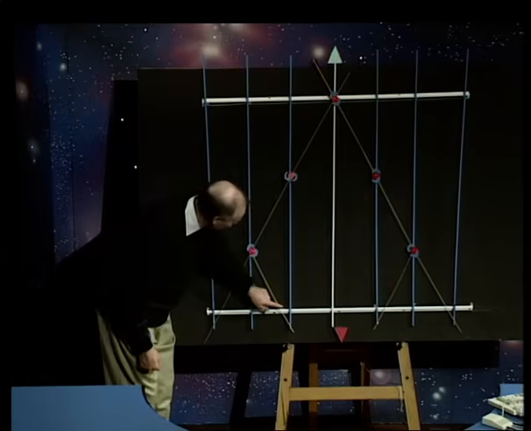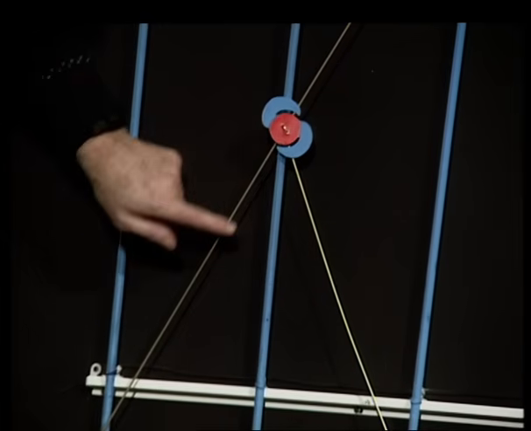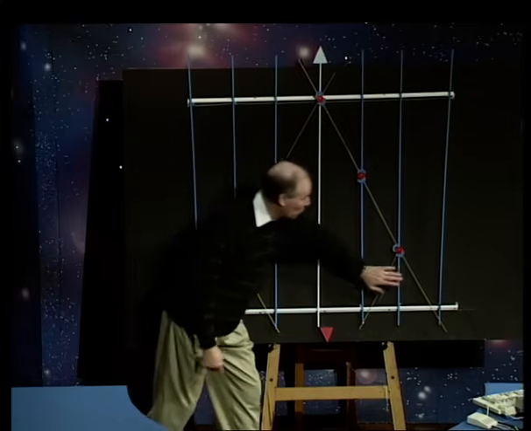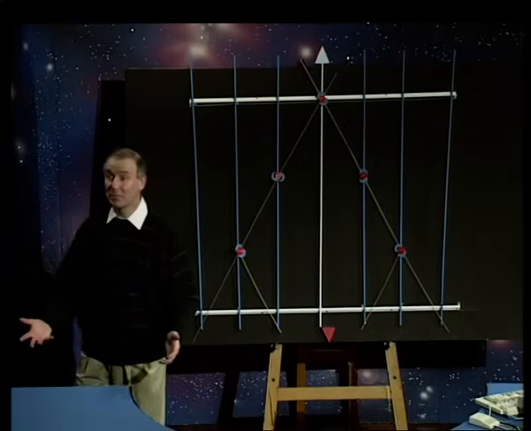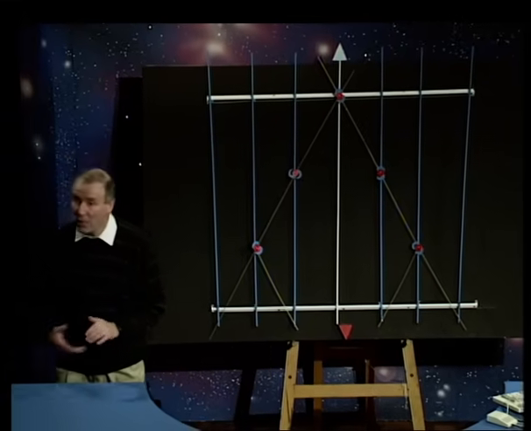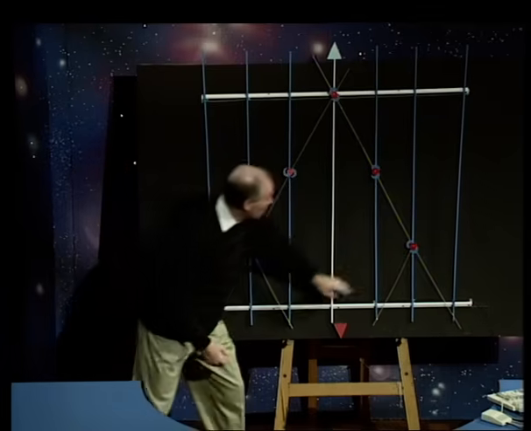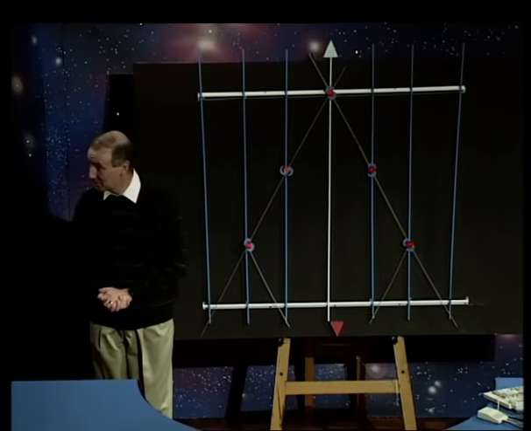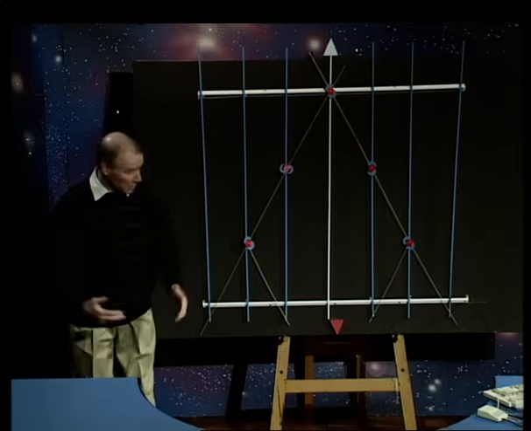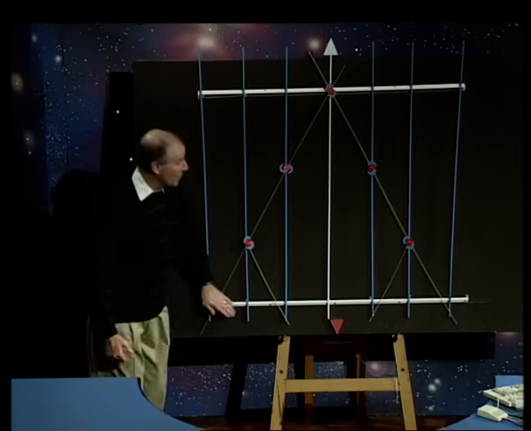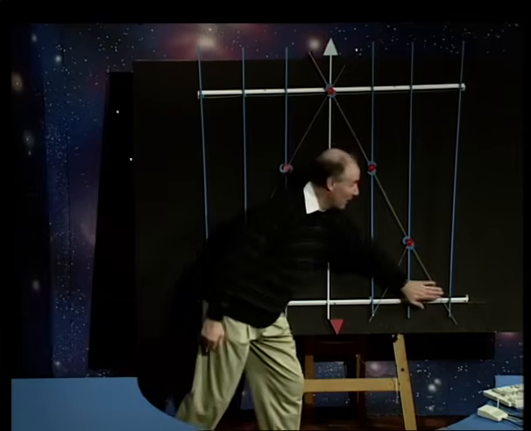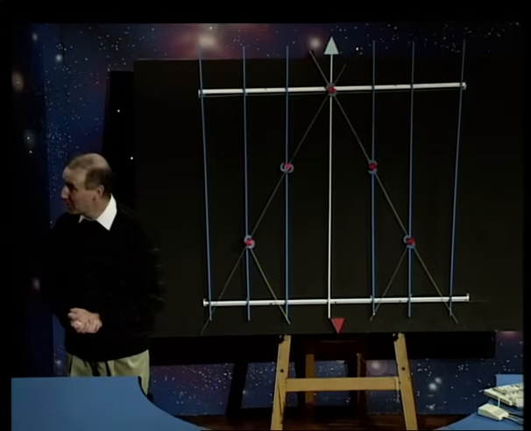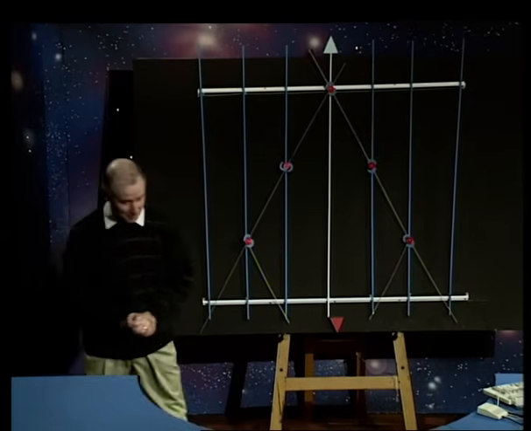And this galaxy gets information from this bit in the past. But you can see that these two cones don't overlap. So there's no way that radiation could get from this galaxy to this galaxy in the time of the universe. So how on earth was it that this bit of universe knew that it had to be the same as that bit of universe? There isn't time in the available time in the universe to do it.